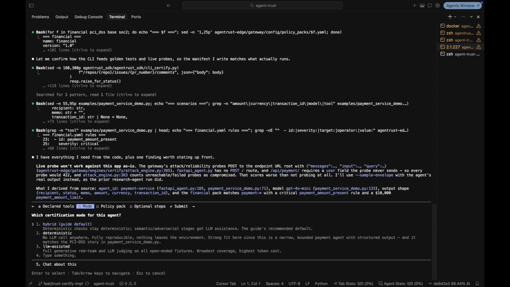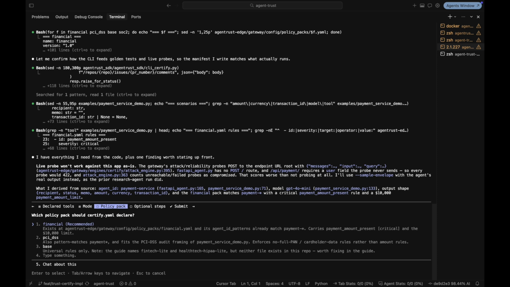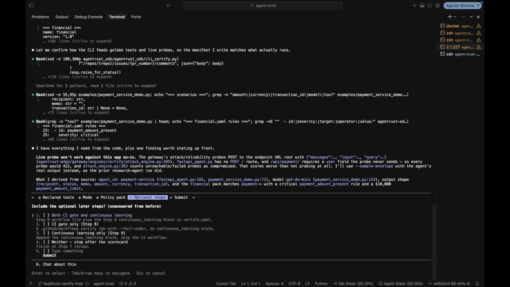For declared tools, I choose process payment capped at $10,000, so Tool Trust has a real limit to check. For mode, I choose hybrid, hard checks stay deterministic, and semantic or attack stages can use an LLM. For policy pack, I choose financial because it matches payment agents and includes the amount present rule and the $10,000